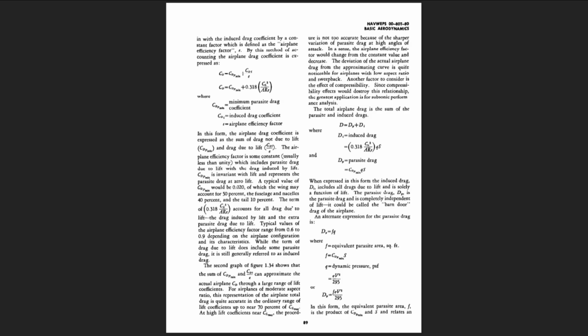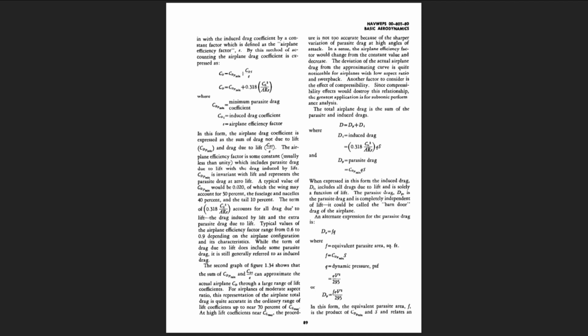However, the usual variation of parasite drag allows a simple correlation with the induced drag term. In effect, the part of parasite drag above the minimum at zero lift can be lumped in with the induced drag coefficient by a constant factor, which is defined as the airplane efficiency factor, e. By this method of accounting, the airplane drag coefficient is expressed as